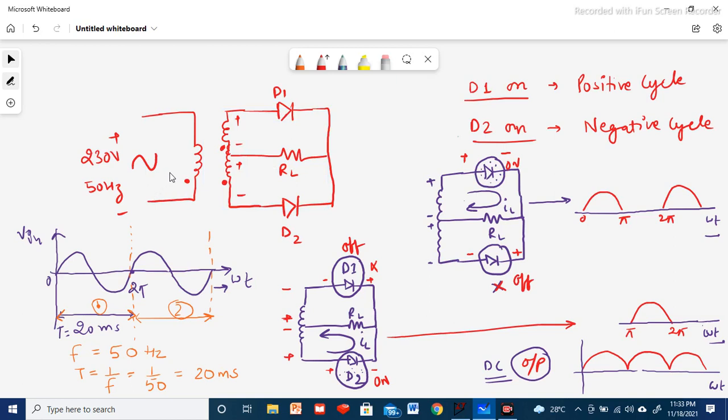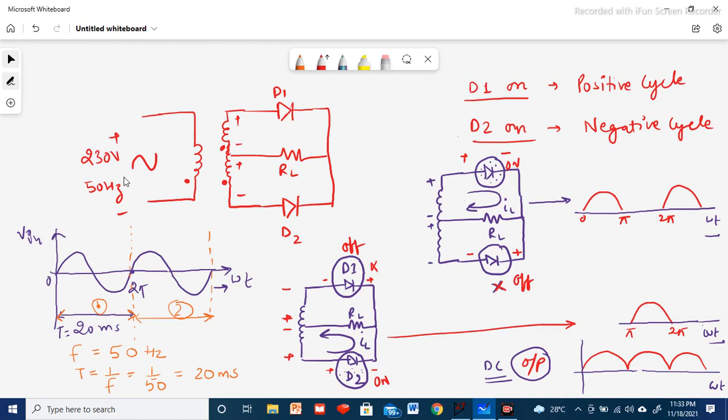In the center tapped full wave rectifier, at the input side, as you can see, we will be having a 230 volt sinusoidal signal at 50 Hz frequency, and this will be coupled through the secondary winding. The name suggests center tapping, so exactly half the voltage will be divided between these two windings, and these two diodes, D1 and D2, will be used to convert the AC signal into a DC signal. The circuit of the center tapped rectifier, as shown, uses two diodes D1 and D2.